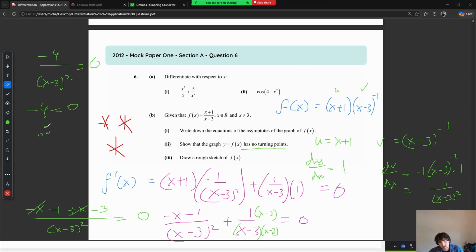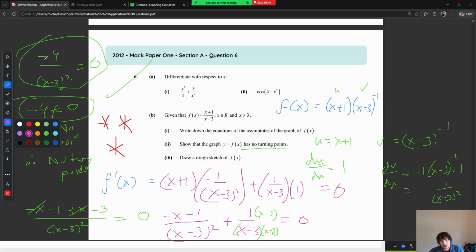And then this is, therefore, no solutions. You know, minus 4 can't equal 0, and therefore no turning points. There's no turning points as there is no solution for f dash x equals 0. It just doesn't work. Okay, that'll be basically what the examiner is looking for, and then that's full marks. And another thing as well, this is f dash x here, and you can see f dash